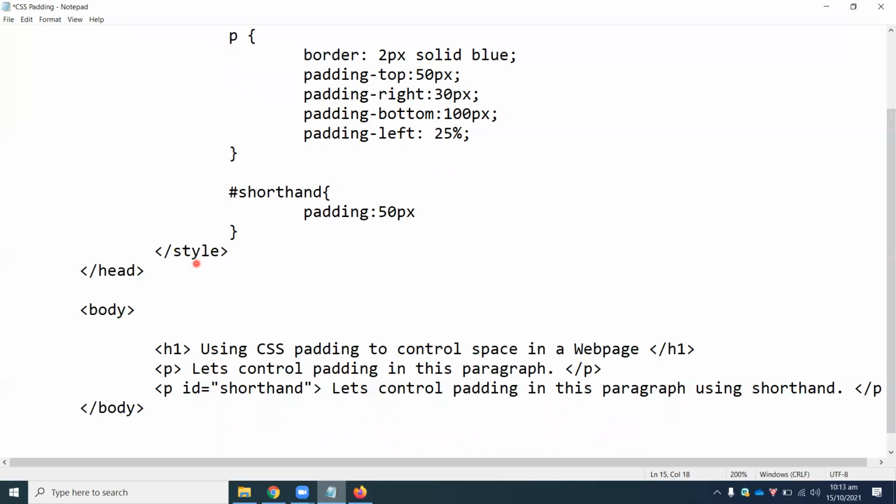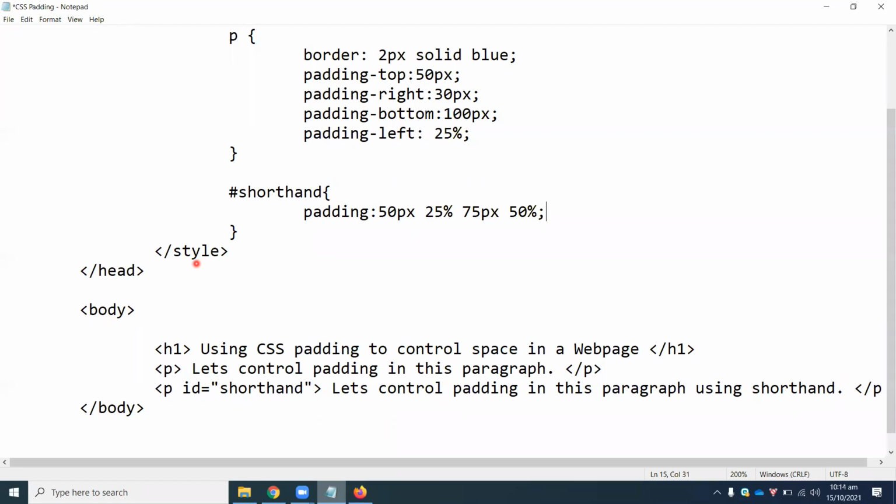Now for right, let's give it in terms of percentages. So for right, let's give it as 25% space to the right hand side. And then after that, your bottom, let's give it at 75 pixels. And for your left hand side, let's give it as 50%,